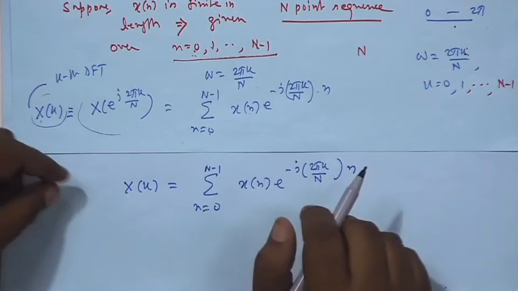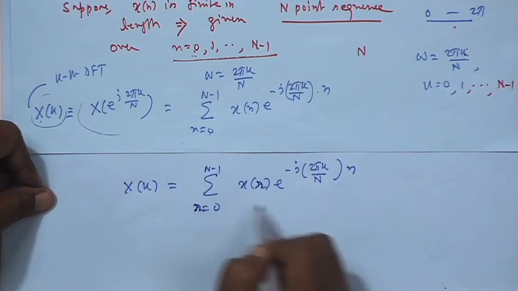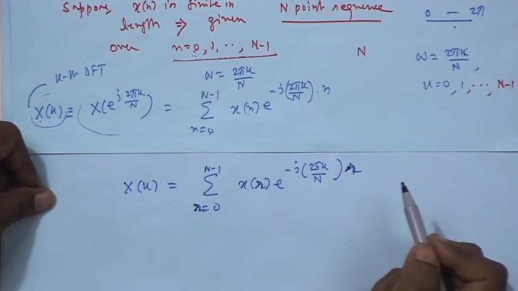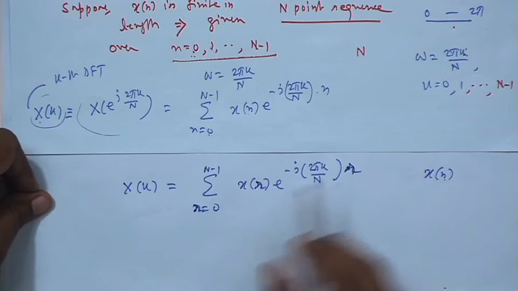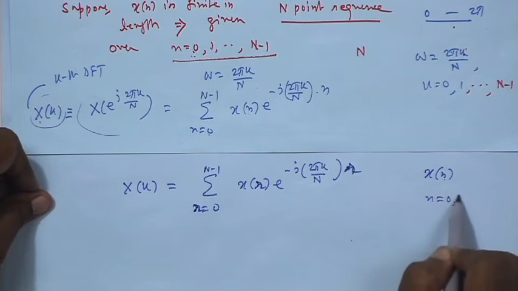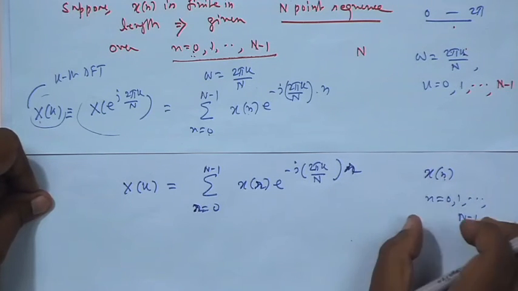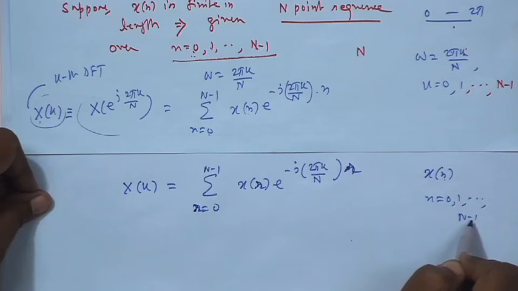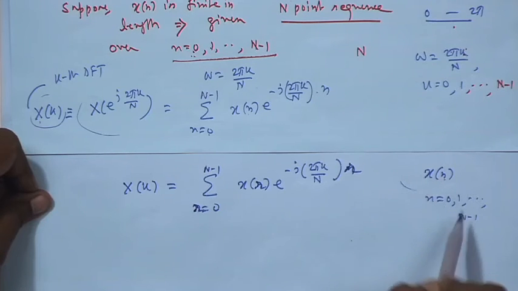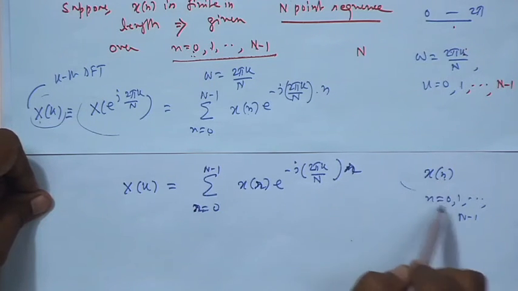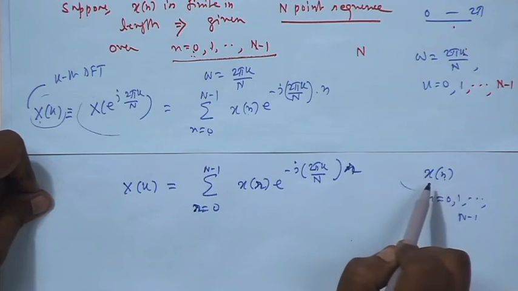Now suppose instead of n I make it r; it is a local index, it does not matter. I want to find out x n, where n can be either 0, 1, dot dot dot, N minus 1, because that is the range of this sequence. The sequence is located from n equal to 0, 1, up to capital N minus 1. Outside this window, it is 0. So, I have to find out the nth sample x n, where n could be any of them, but you fix an n of your choice from this range. Once you fix it, that is fixed. My question is how to get that x n.